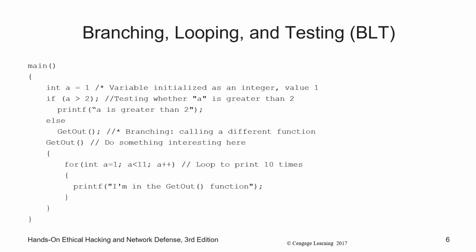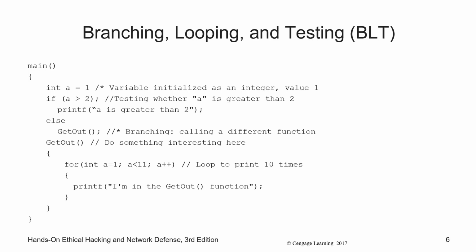Here is an example of a program. So, for instance, you have main, which is an entry point to an application. You have an integer. So an integer is a number, 2 to the 32nd. A equals 1. Okay, so we're naming a variable A. We're setting it equal to 1. Now we're having an if statement. If A is greater than 2, then print A is greater than 2 to the screen.